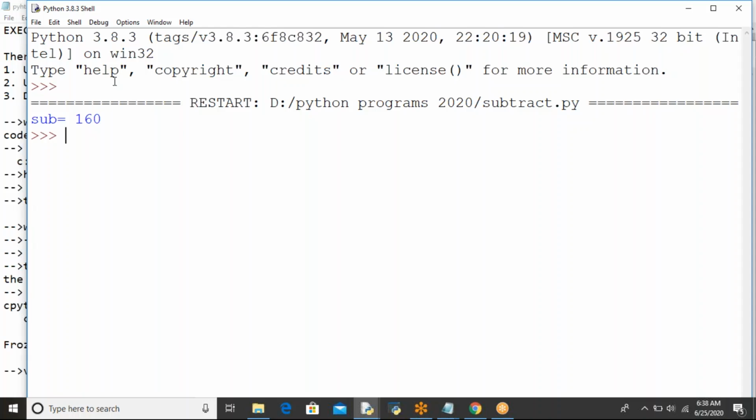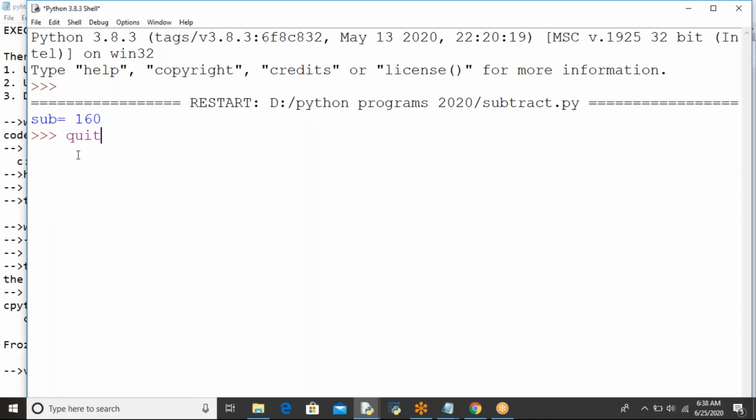This is another way of typing a program. Not only directly in this prompt, the IDLE shell, you can separately take a new file. There you can type the entire program. If you are typing large, lengthy programs, then it is a better way to take a new file, write that entire program, then run it. And finally you can see the output here.